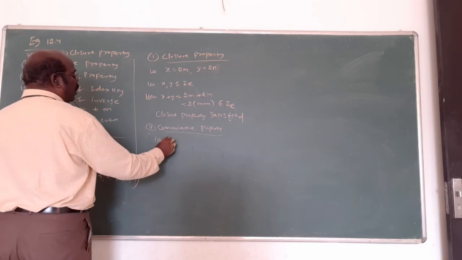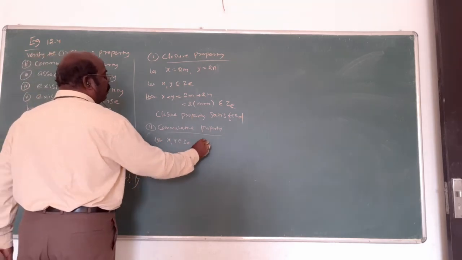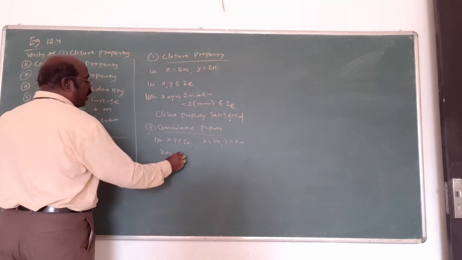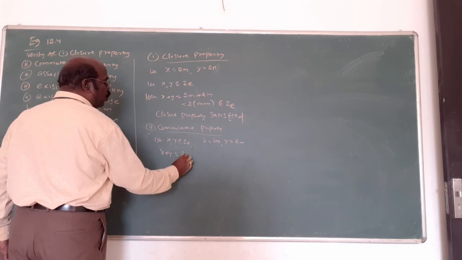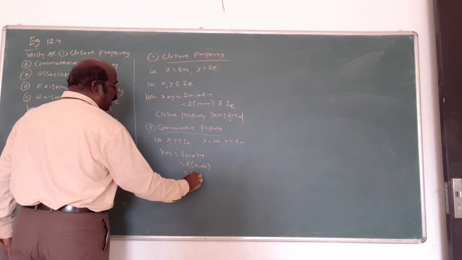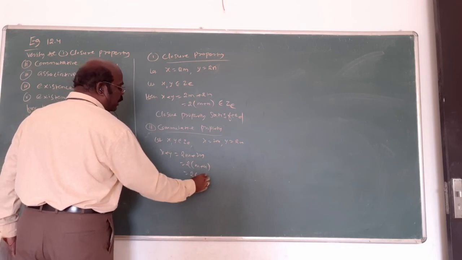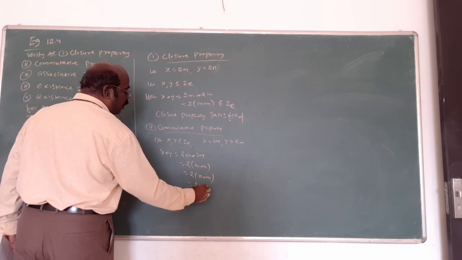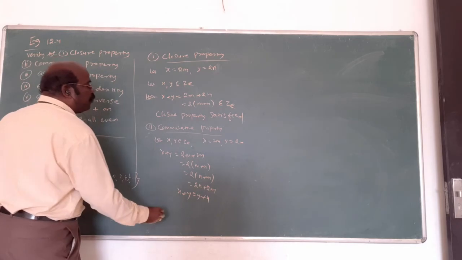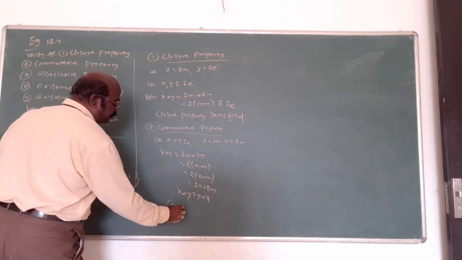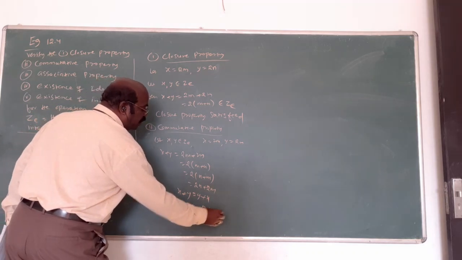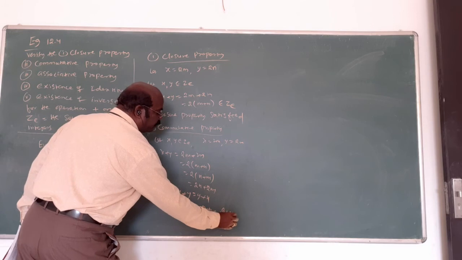Here also, x, y belong to E, where x is 2m and y is 2n. Now, x plus y is what? 2m plus 2n. Now, 2 is common: 2 times (m plus n). Inside the bracket it is ordinary addition, so interchange the arguments. Now, 2n plus 2m, this is y plus x. Therefore, commutative property satisfied. Am I right?